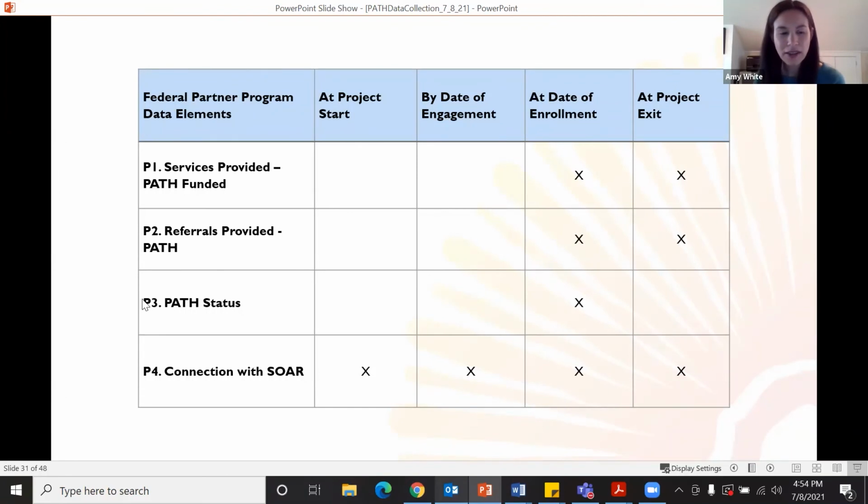So just kind of a different way of thinking about the workflow. These charts are in the manual that we developed. They're also in the PATH HMIS program manual that was developed by HUD. So it can be a helpful way of just remembering when things are required by. But I think the main summary is that by the point of engagement, you're really trying to